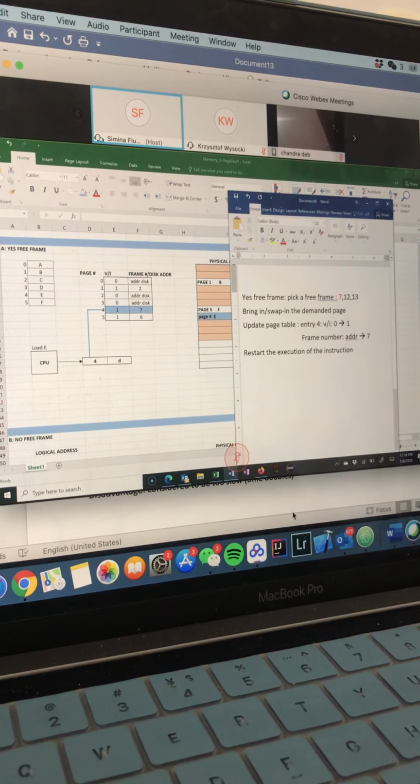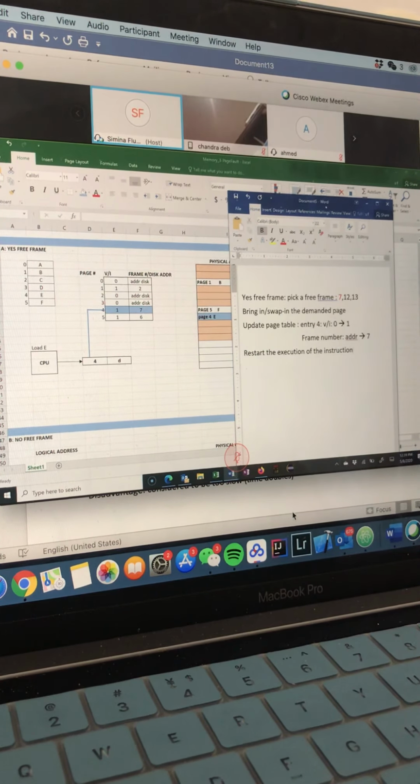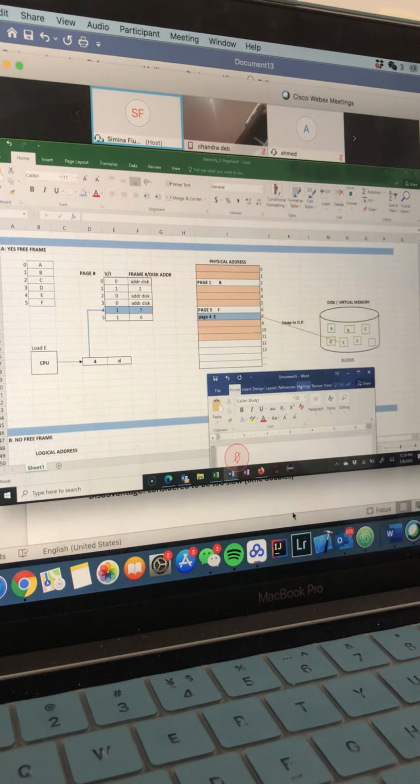We start from the beginning with the reference, the logical address, and again with the page number, get into the page table at the entry 4, check the valid invalid bit, it's set to 1, retrieve the frame number, which is 7, generate the physical address, which is gonna be 7 and the displacement, and after that, through the memory management unit, the CPU will be able to access E in the physical address, in the physical memory.